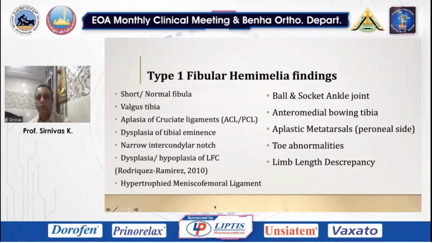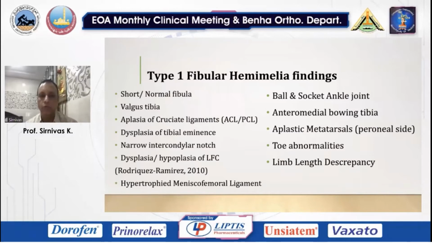There are multiple deformities and findings associated with fibula hemimelia, and these could be a short or normal fibula, valgus tibia, aplasia of the cruciate ligaments, ACL and PCL, dysplasia of the tibial eminence, narrow intercondylar notch. Actually, the notch in our case does not look too narrow, so I didn't have to do a notchplasty for that case. Dysplasia or hypoplasia of the lateral femoral condyle, hypertrophied meniscofemoral ligament, a ball and socket ankle joint,